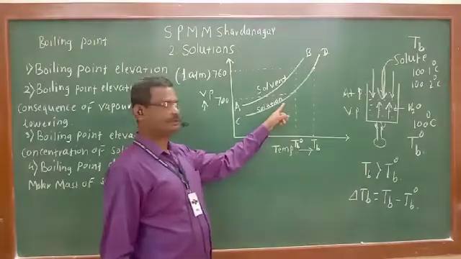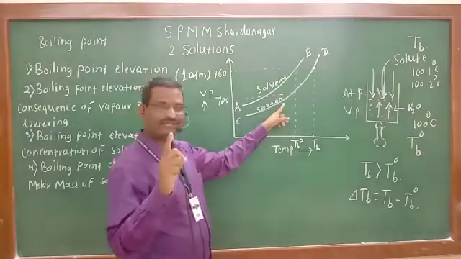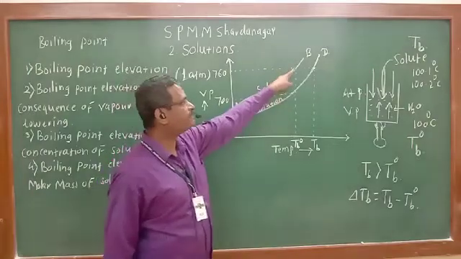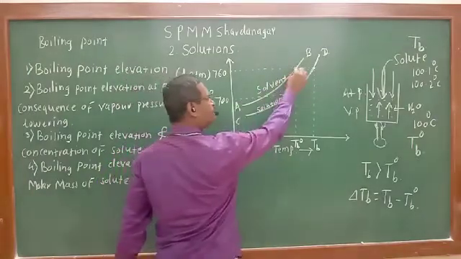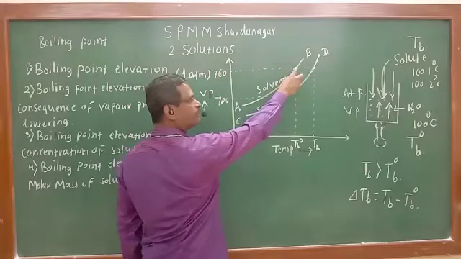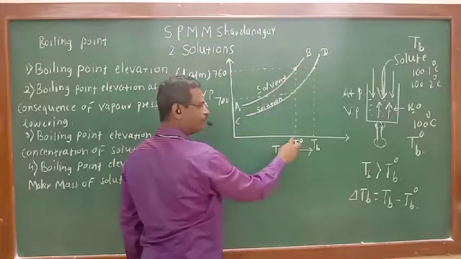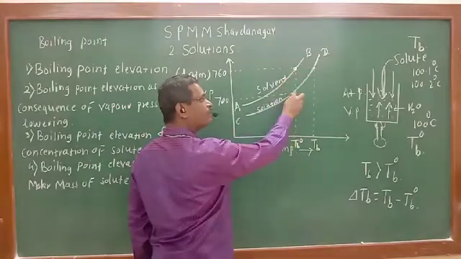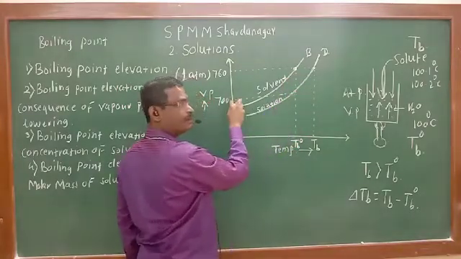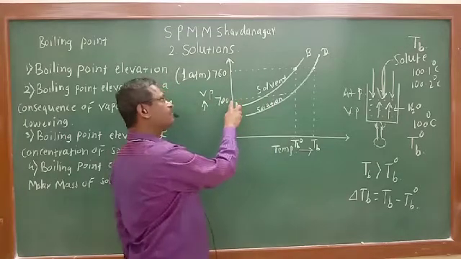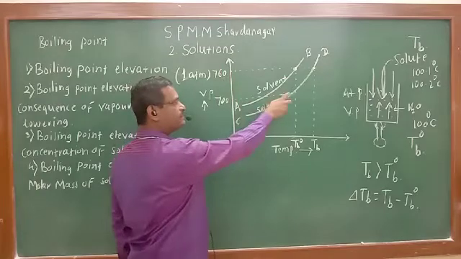always greater than solution. Boiling point is the temperature at which vapor pressure is equal to external atmospheric pressure. Let at this point, vapor pressure of solvent be equal to external atmospheric pressure. So, at this temperature, solvent boils. But at that time, solution is not boiling because solution has less vapor pressure. For boiling, vapor pressure must be equal to 760, but it is less.